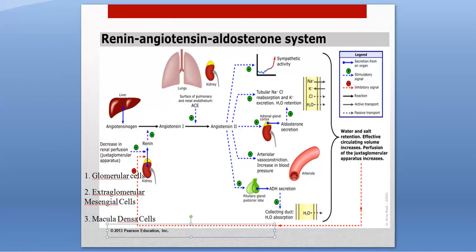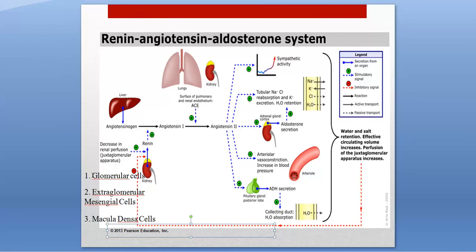So here's the details of the RAAS system. The liver is always producing angiotensinogen, which is a pro-hormone or an inactive hormone. In times of low blood pressure, it will produce more. The kidneys, who monitor renal perfusion, that's how much blood flow goes through the kidneys, do that with glomerular cells,